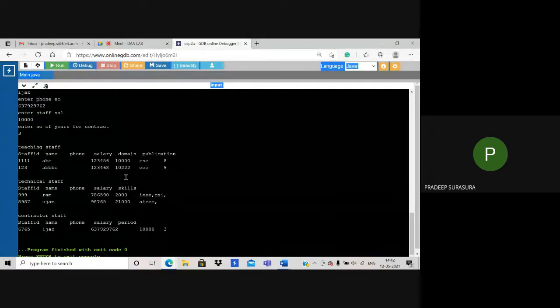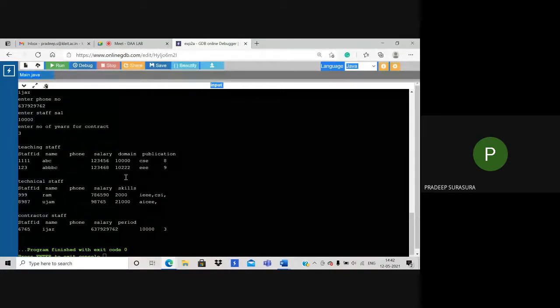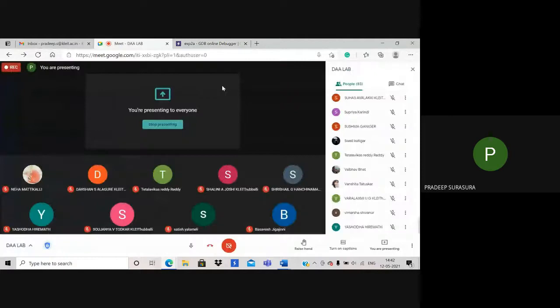The program seems to be pretty lengthy, but it's the same concept. The concept behind this is very simple. So don't go by the length of the program. The concept or the idea is the same for all the types. Any questions? Any queries?